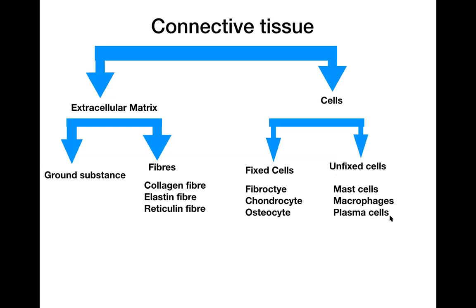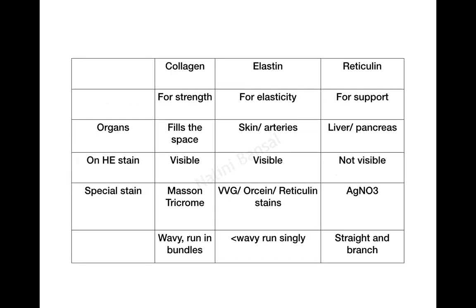So as we said, for the topic of discussion, we'll be discussing the fibers that we see in the connective tissue. So the main types of fibers are collagen fibers, elastin fibers, and reticulin fibers. The function of all these fibers is to provide support, because the connective tissue is holding the neurovascular bundles, so it needs to have support within the tissue. The major function of collagen fibers is to provide strength. Elastin fibers provide elasticity, and reticulin is again for support.